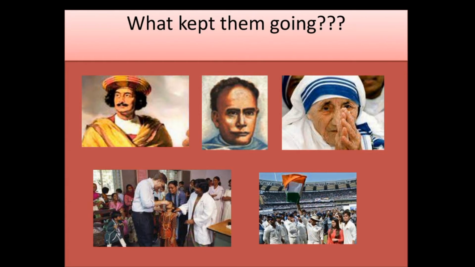And one more theory we will be seeing. I didn't put it in this slide, but anyway, I'll be talking about it now. McGregor's X and Y theory. That is also a very important theory. McGregor's X and Y theory. What McGregor said is that X is a person who we should always push from behind.